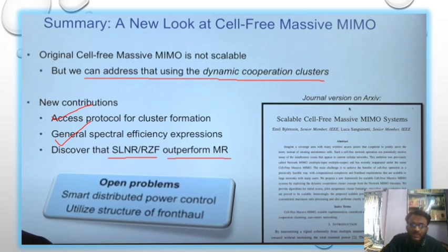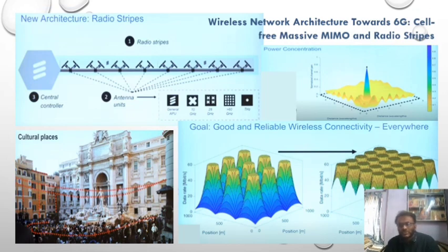But the problem still remains: the smart distribution of power control and the fronthaul utilization structure, because all these techniques are quite costly. As the number of antennas increases, computations increase, so it is costly. We need to make it more efficient, because in some portions the SNR is not good, the power spectral density is not high enough, or the data rate is not high enough. One of the solutions toward 6G, still at the proposed stage,